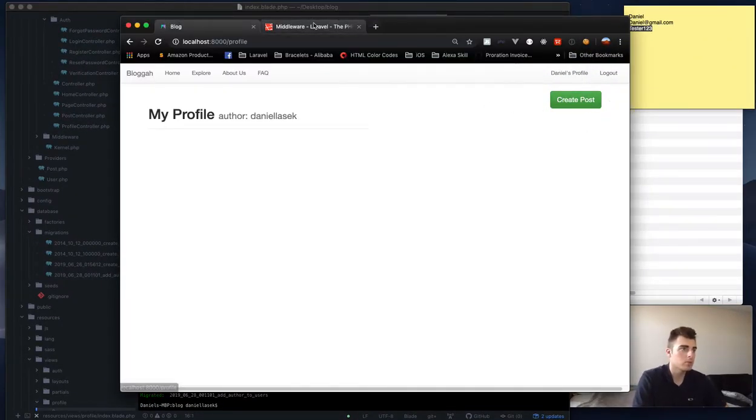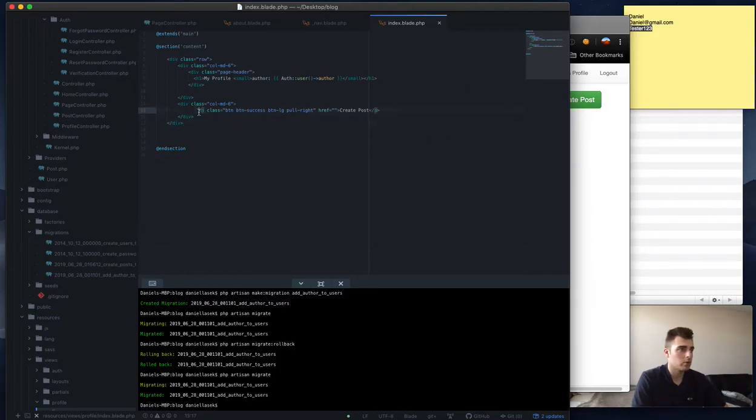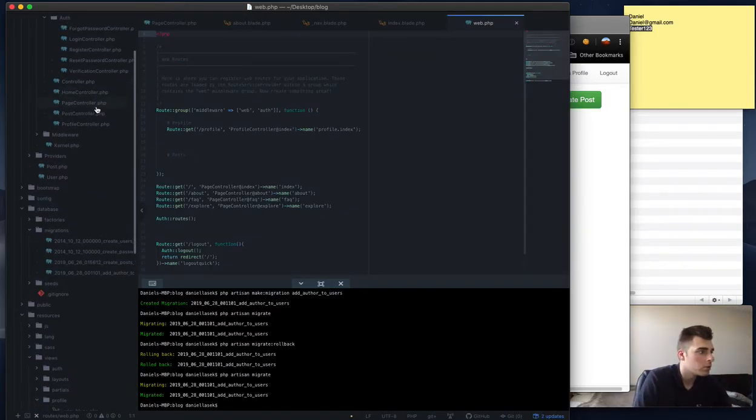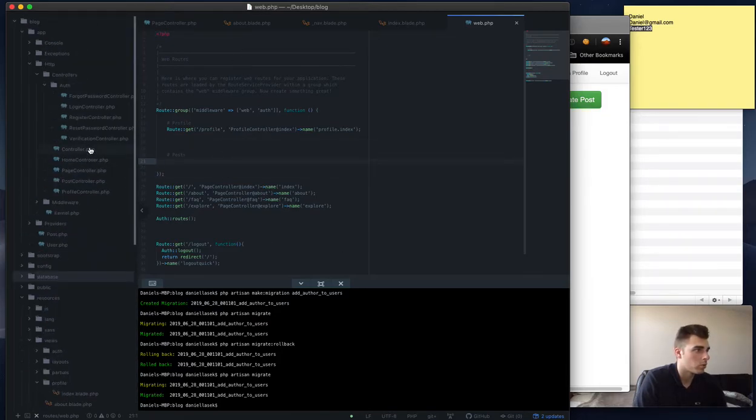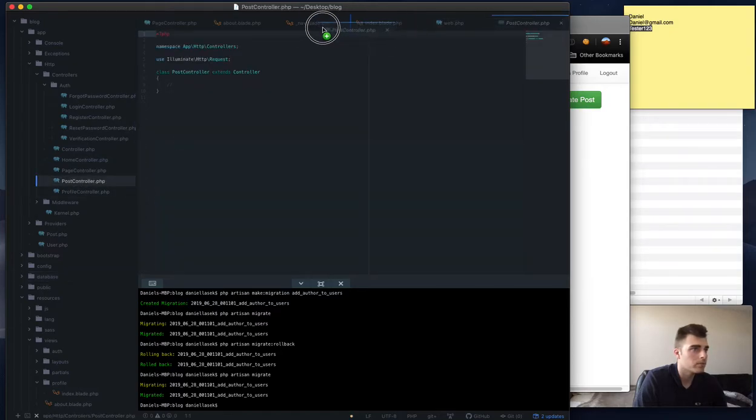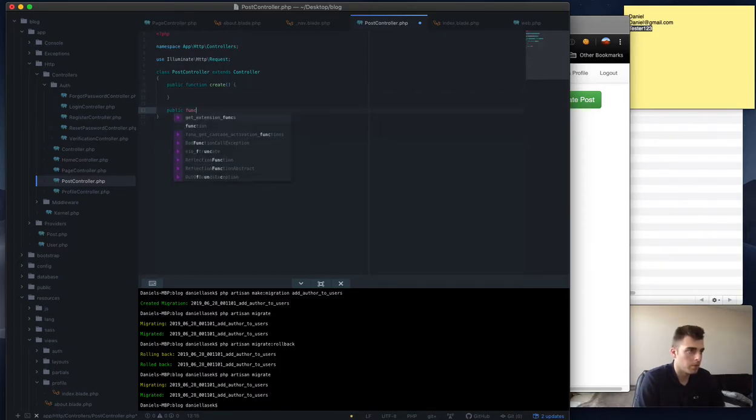So now we have create post, and we want to create a route. So if you scroll down here, routes, web, click on that, and we have a post controller. Yes, we do. Let's make a public function create. While we're here, let's just make one for public function create submit,